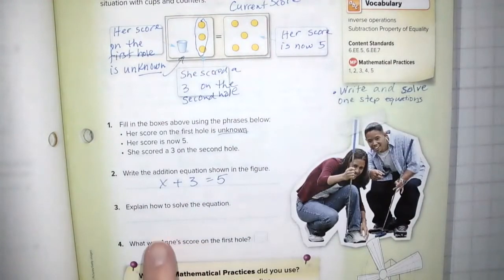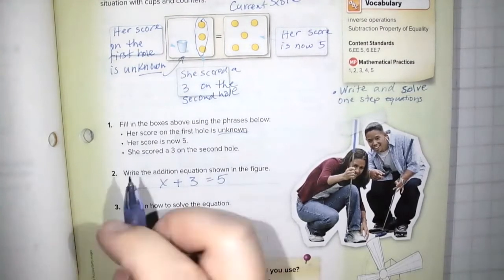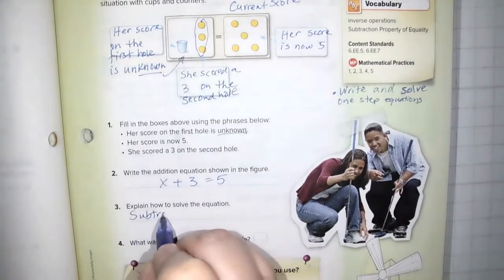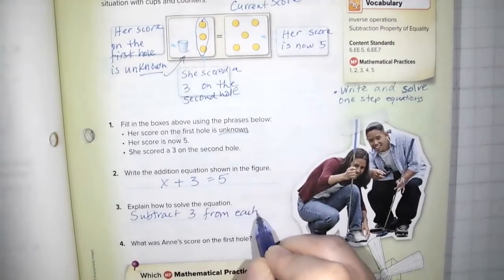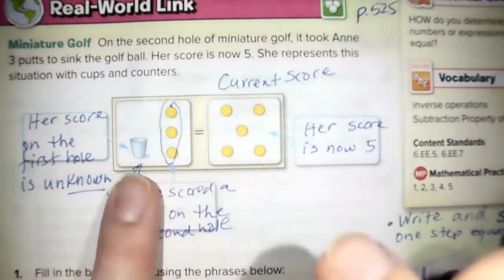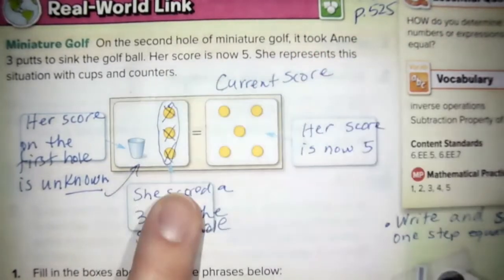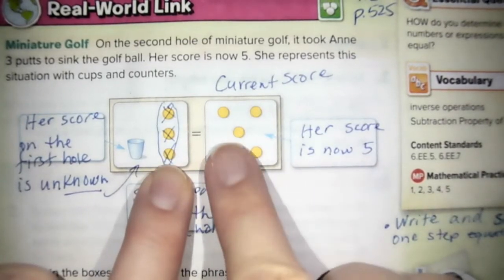Okay, so explain how to solve the equation. We would subtract 3 from each side, and let me show you how to do that with the counters. Subtract 3 from each side. Okay, so when we have this equation, where we have 2 things equal to each other, if I have 3 here and I want to know what's in the unknown, what I can do is cross off 3 counters on the left side. But if I cross off 3 counters on the left side, I also have to cross off 3 counters on